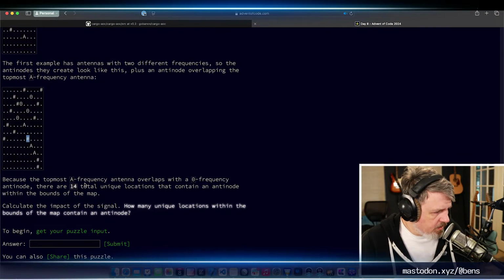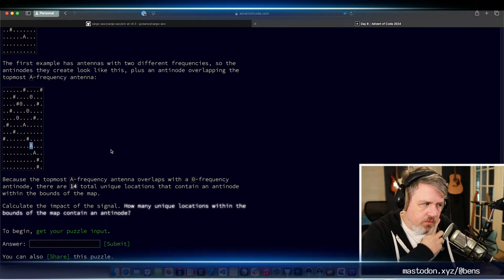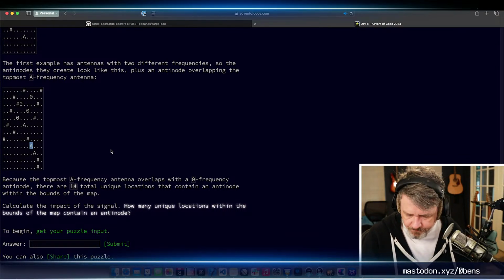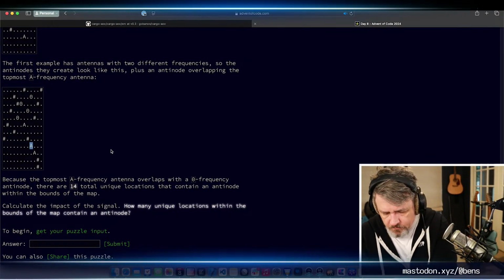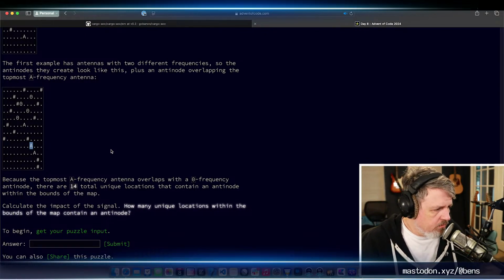Because they were saying that because the topmost A frequency overlaps with a zero frequency antinode, there are 14 total. So that one would not render anymore.